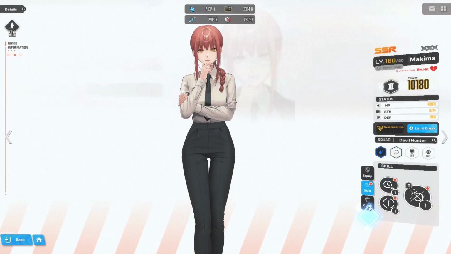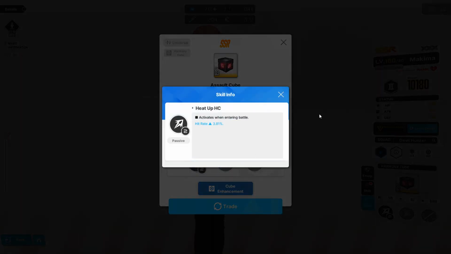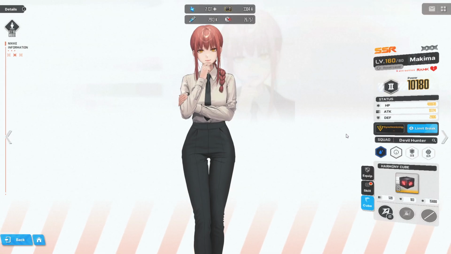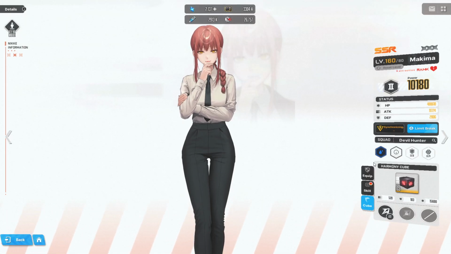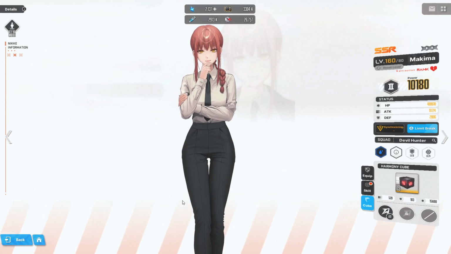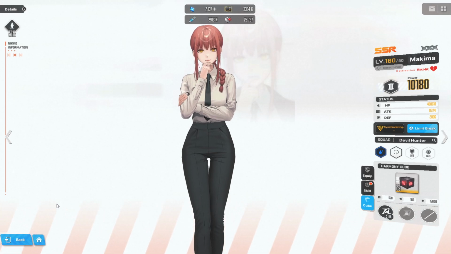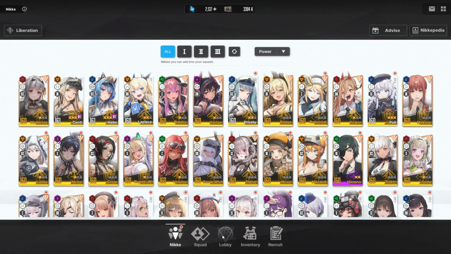For her cube, what did I give her? Assault cube. Just hit rate. I didn't really know what else I could give her. In terms of the cubes I have right now, I don't think any cube I have is really going to matter for her. I don't really think so. So, let's take her into...